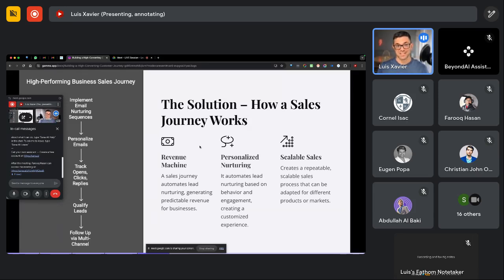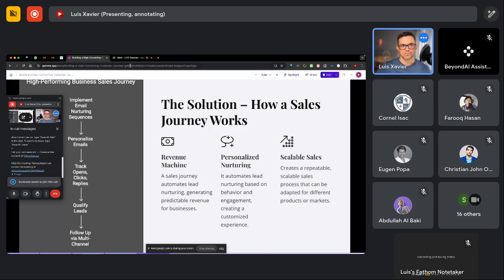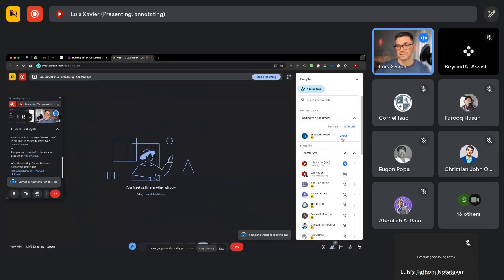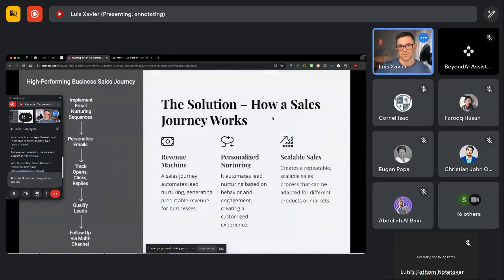It's very efficient, and you don't need to do much. After you set this all up, you need to continue to optimize, of course, but this becomes a revenue machine. It just keeps converting your leads into paying customers, okay? And you have the ability to personalize all the messages, okay?